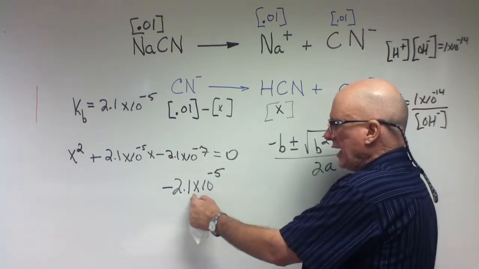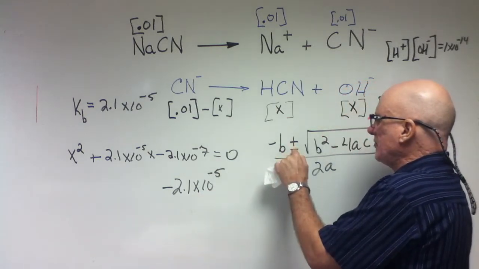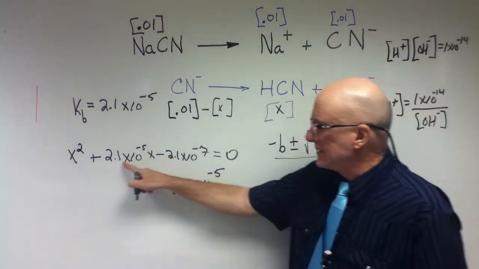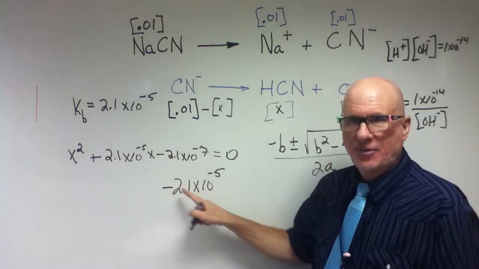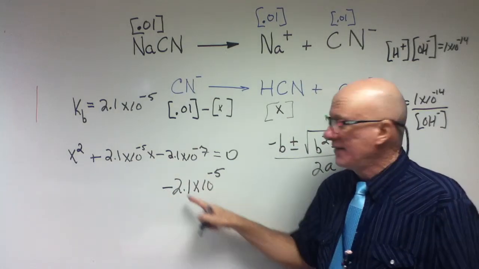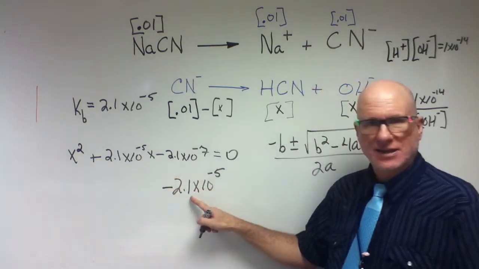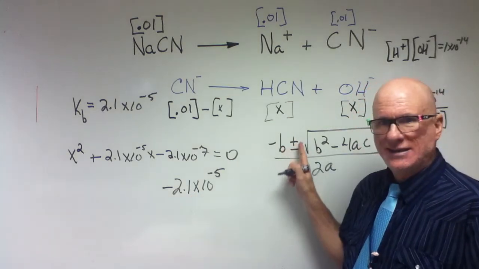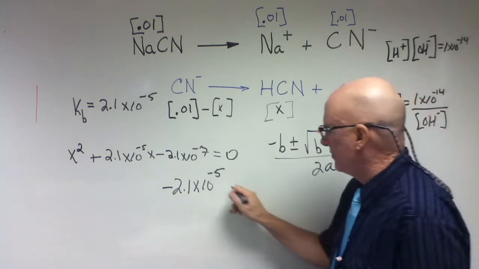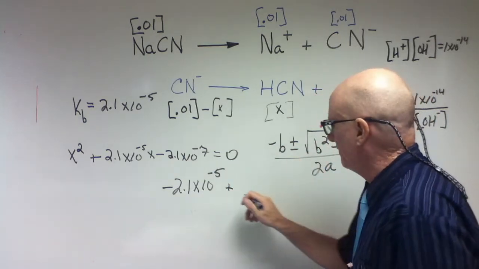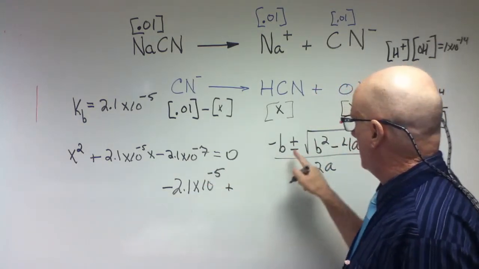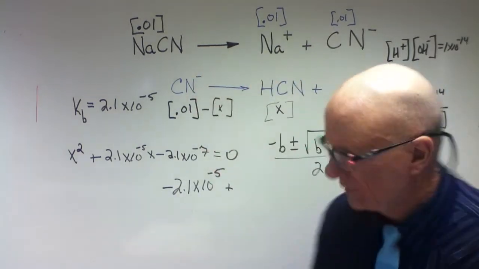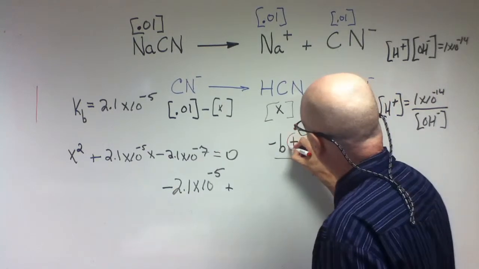Are we going to need the positive or the negative one? Positive. We're going to need the positive, because that's positive, and I have a negative, a positive, so that's going to be negative. If that were negative, then that would be positive, correct? So you want the positive one, definitely, because your answer has to be positive. So it's going to be plus. There's the plus sign there. You follow me? So this value here,